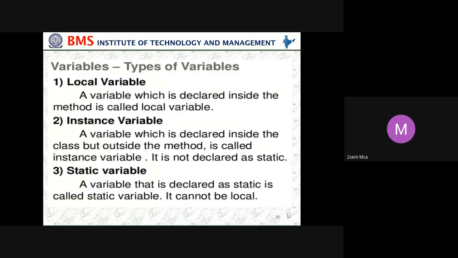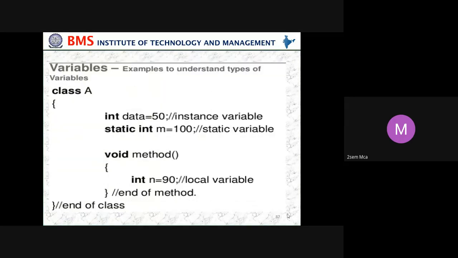A variable that is declared as static is called a static variable. It cannot be local. We have seen a program where if you declare the variable outside the method without static, then it is called an instance variable, and if you declare it as static, then it is called a static variable.